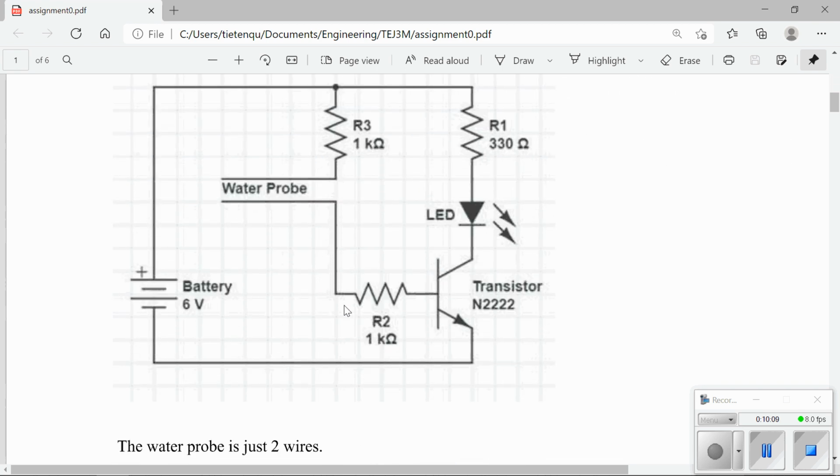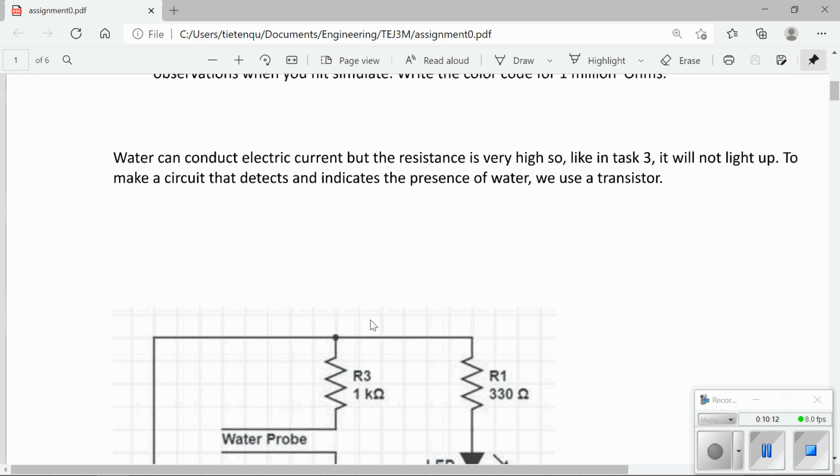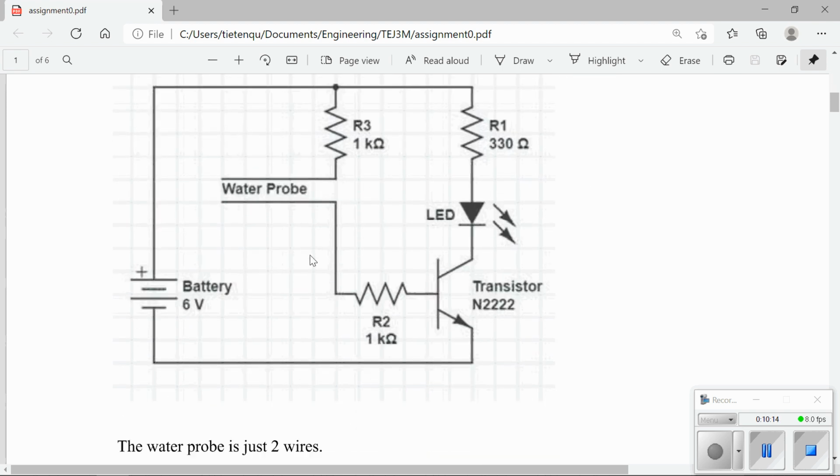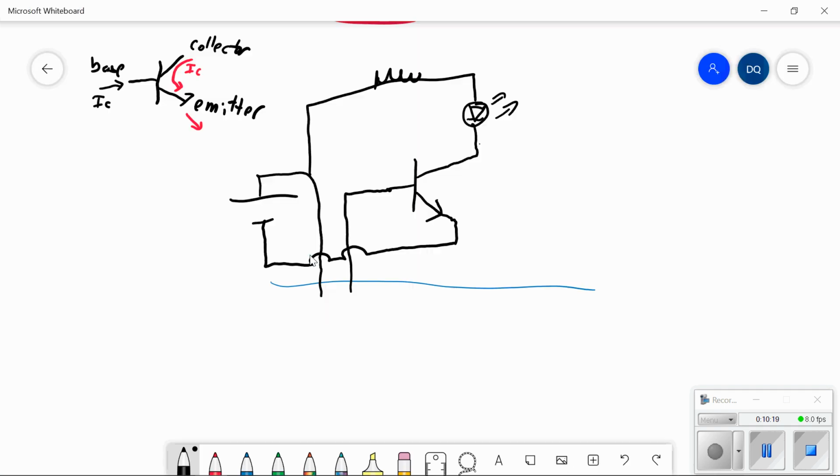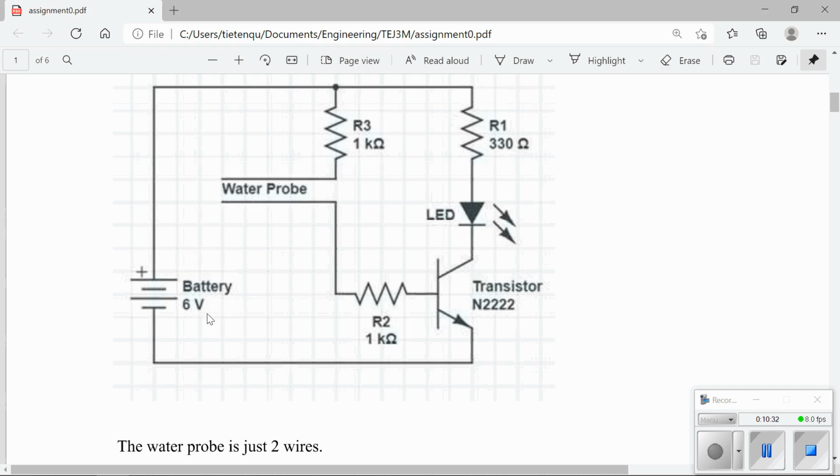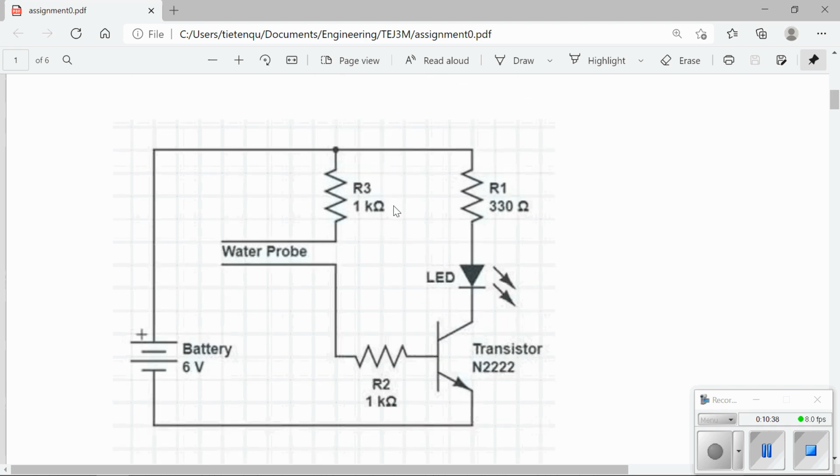Okay, question 3. All of a sudden, this has gotten much more complicated looking, but it's actually not too bad. What you're looking at here is the same idea as we have here. We have a transistor, and it's connected to a couple of wires which will be dipped into water. So I'm going to help you set this up, and then if this was regular class time, you would build this and you're going to put those wires into the water. Since you're doing this from home and I can't get the stuff out to you,